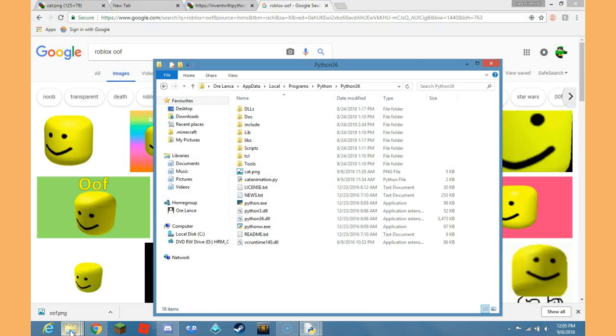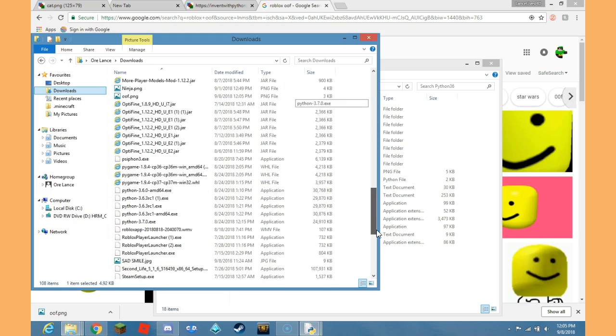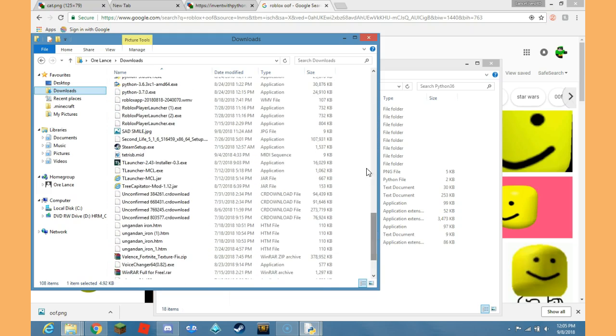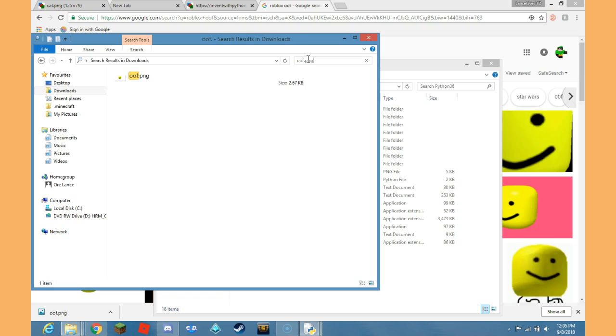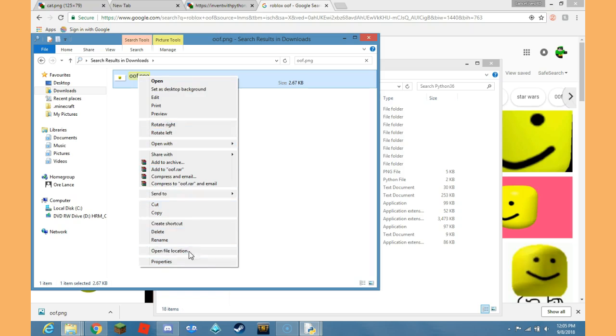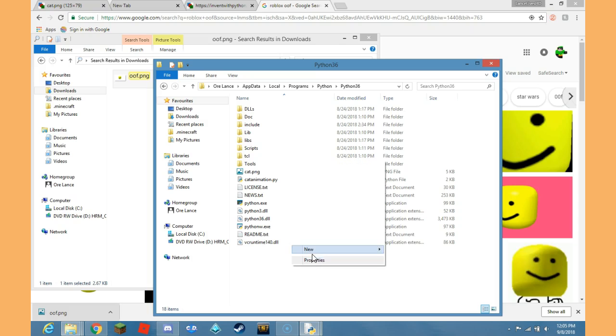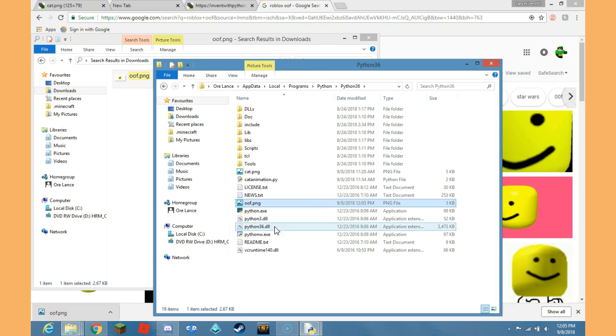Then you find where it is, and you can use up here oof.png. Then I undid my copy, so redo my copy. Oh, and you have to click on the words, and then you copy it. Then you go over here, you paste it,